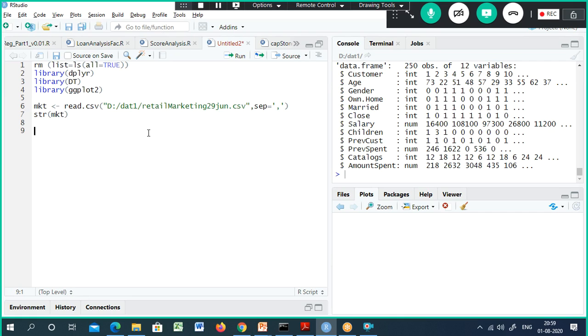Next we will use the hist function to check the distribution of amount spent.